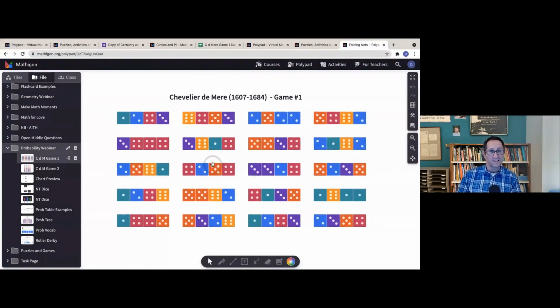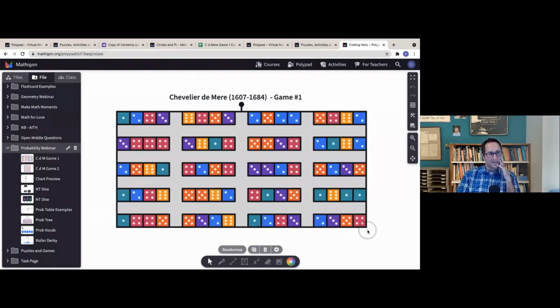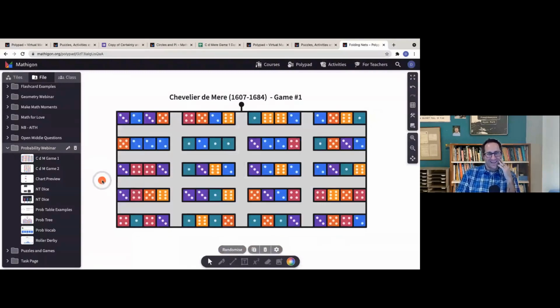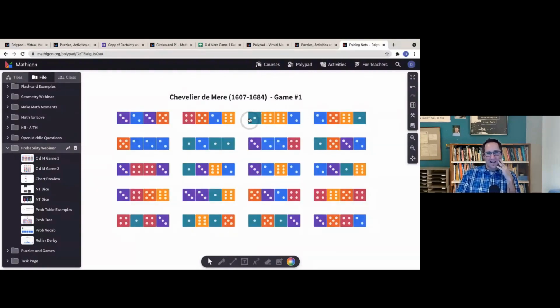This is a canvas that I made and shared with my students. It was a really easy canvas to make. I took those 4 dice and copy-pasted the whole way through. I wanted students to get a lot of data on this activity. So each student got a set of 20 of these 4 dice, and they could spin them. They could go through and count how many times they got at least 1 six out of these 20. They collected a lot of data, right? If they had actual dice, they could get some data and we could record that data.